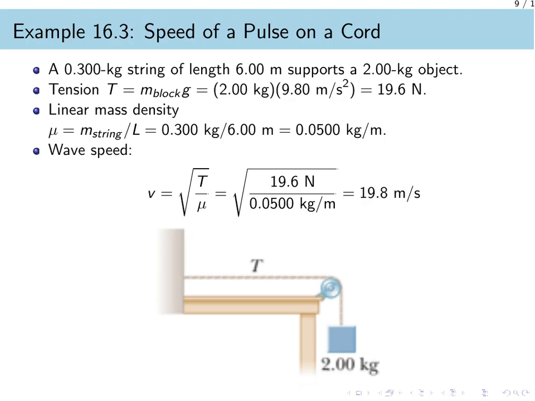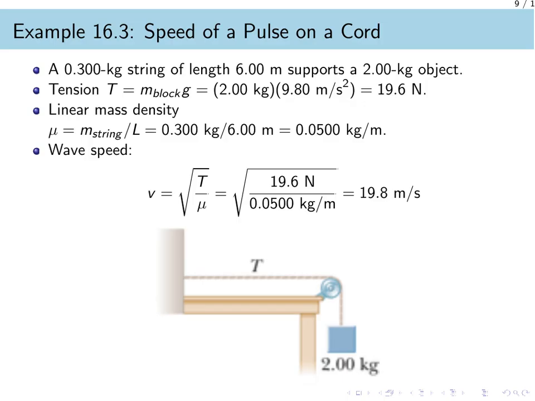Let us look at a practical example. Suppose we have a string weighing 0.300 kilograms with a length of 6 meters. This string supports a hanging object with a mass of 2 kilograms. First, we find the tension by multiplying the mass of the block by the acceleration due to gravity, giving us 19.6 newtons. Next, we calculate the linear mass density by dividing the mass of the string by its length, which results in